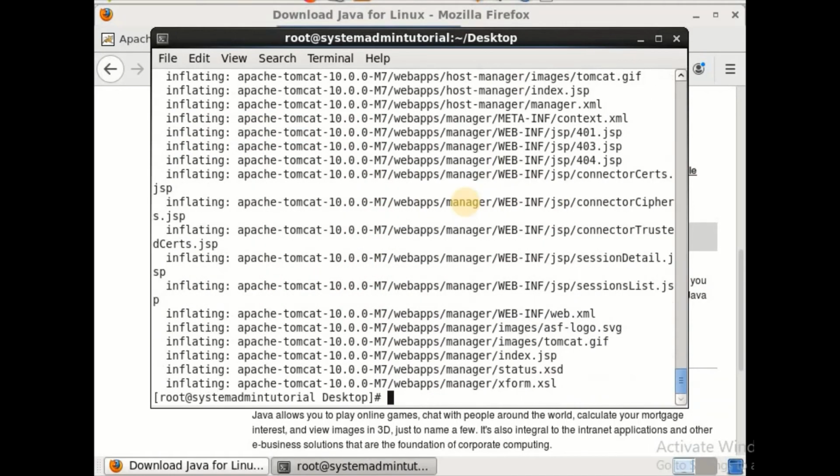Tomcat is also there. So what we'll do, first we have to unzip the file. How will we unzip this? Use the unzip command. Unzip successful. You see one folder is created with the name Apache Tomcat.